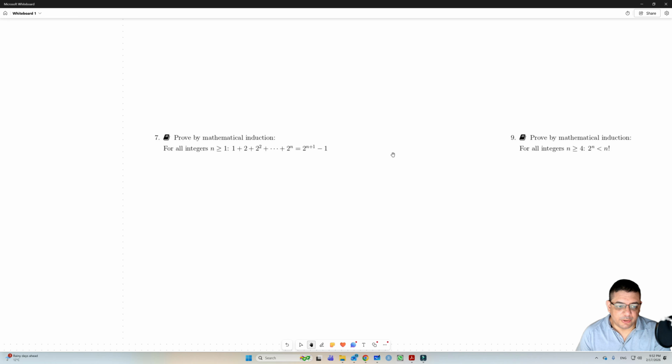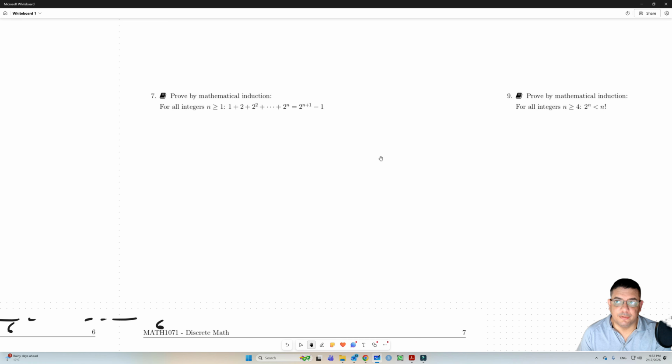Hi, so we're doing part 2 of section 5.2. Now we're going for question 7: prove by mathematical induction that the sum of the first n powers of 2 is equal to 2 to the n plus 1 minus 1. So once again, since we're proving this by induction, we have to prove the basic step. And so the basic step for this one,